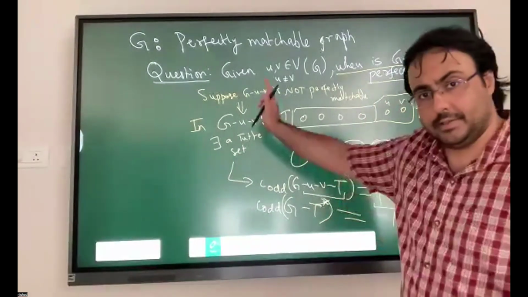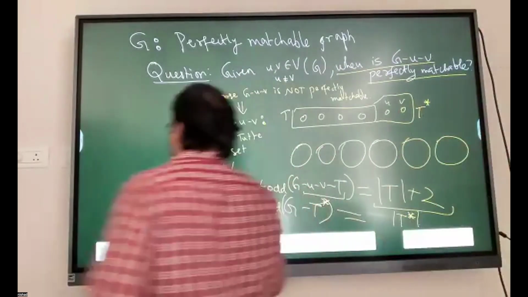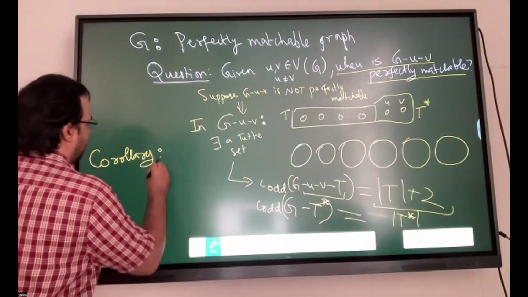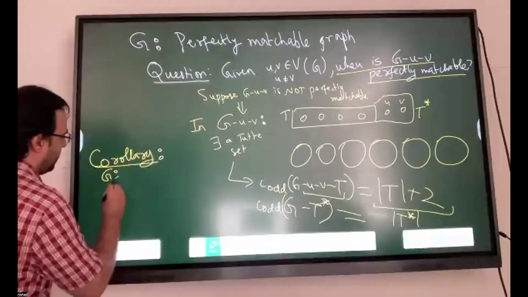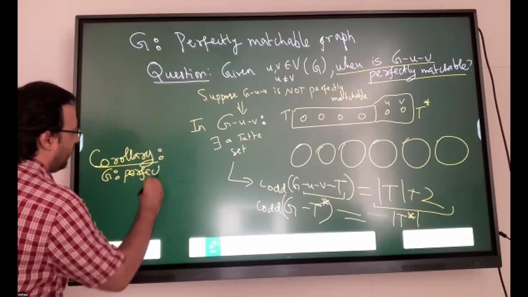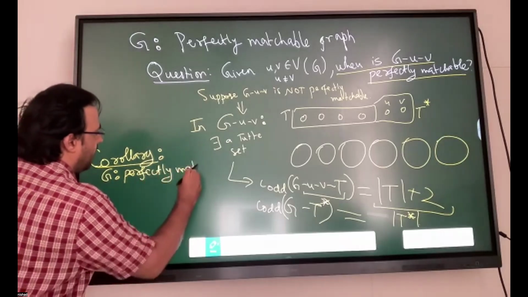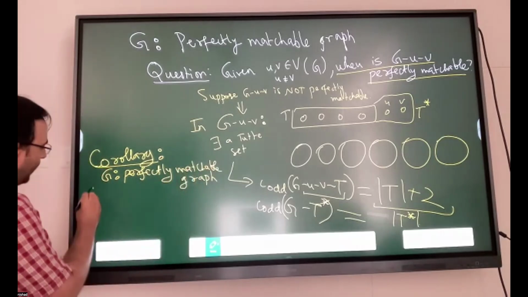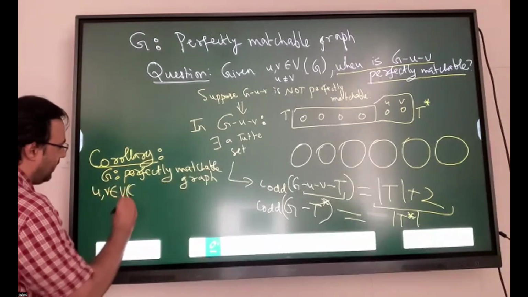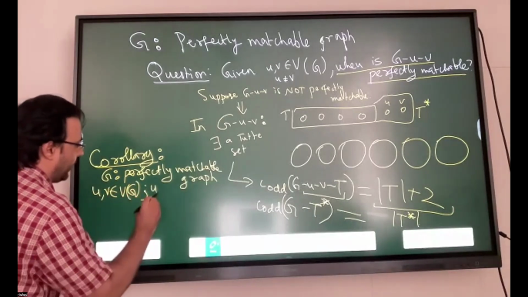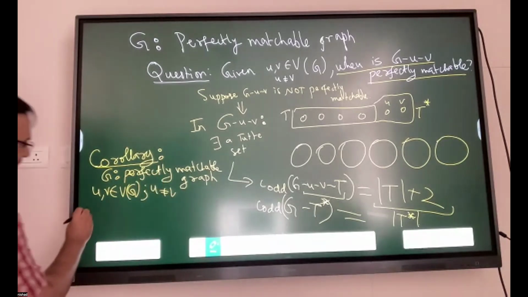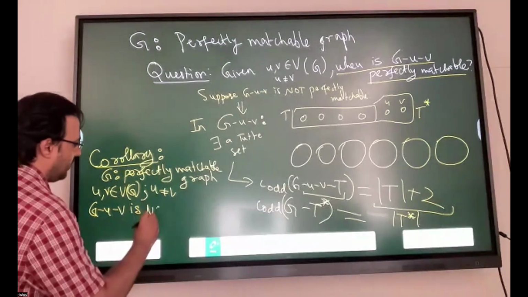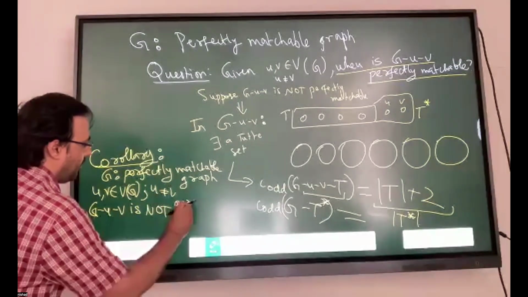And you can also prove the converse. The converse is actually quite easy. So here is the theorem. Here is the corollary we just proved. This is the corollary of Tutte's theorem. G is a perfectly matchable graph. U and V are 2 vertices that are distinct. U is not equal to V. Then G minus U minus V is not perfectly matchable